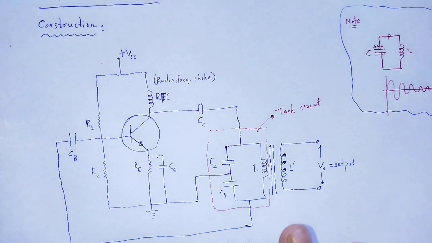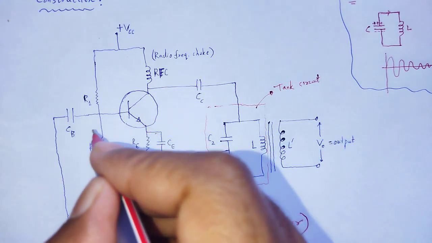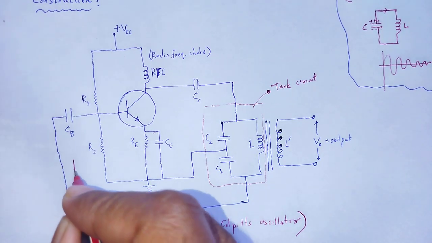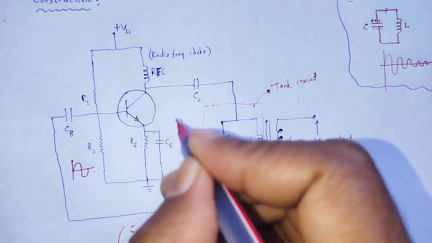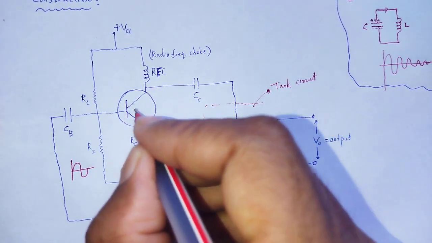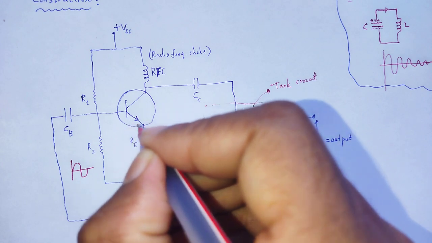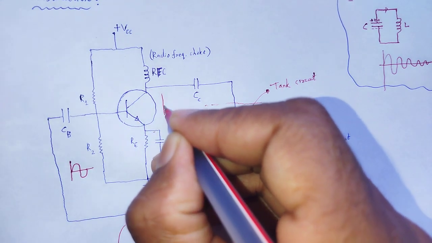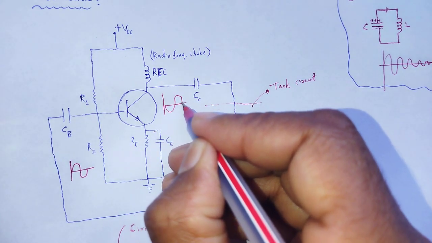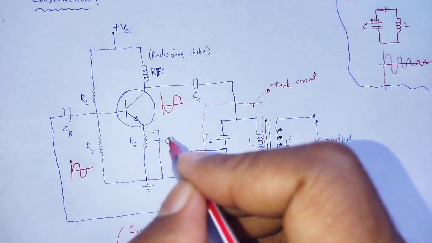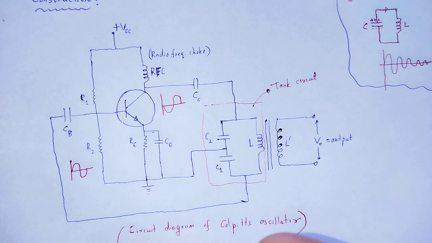As we know, if we provide a signal like this at the input of the amplifier, as we use a common emitter NPN transistor, the output we obtain has a 180 degree phase shift. To achieve sustained oscillations,